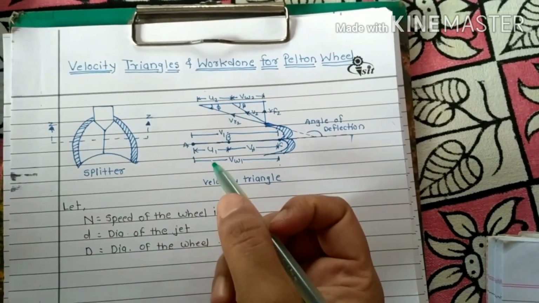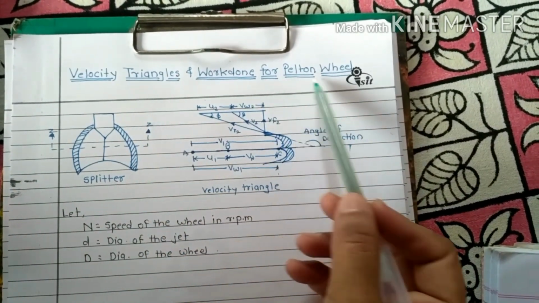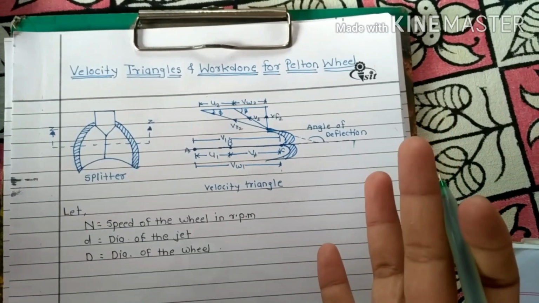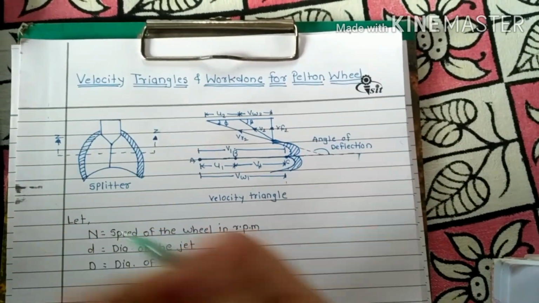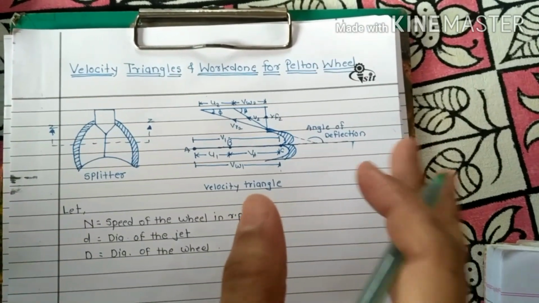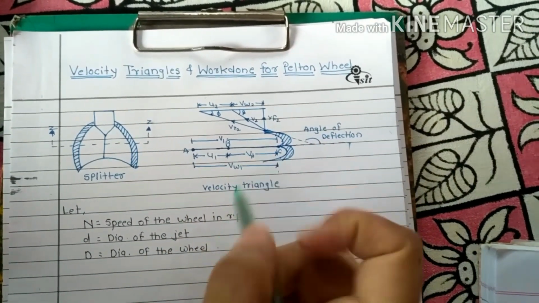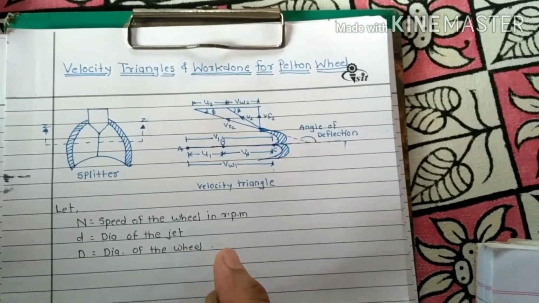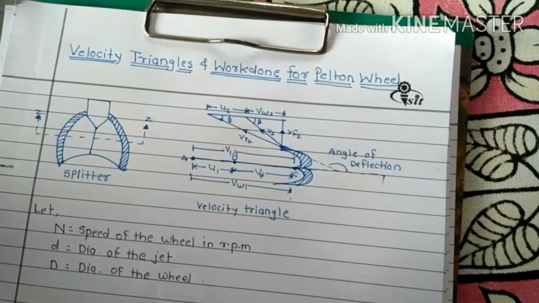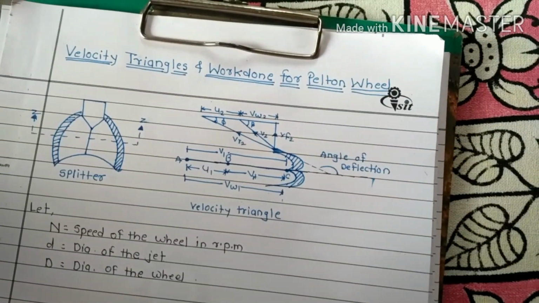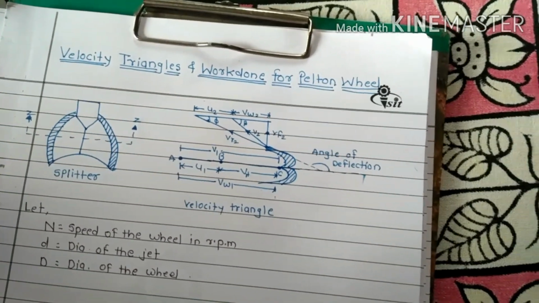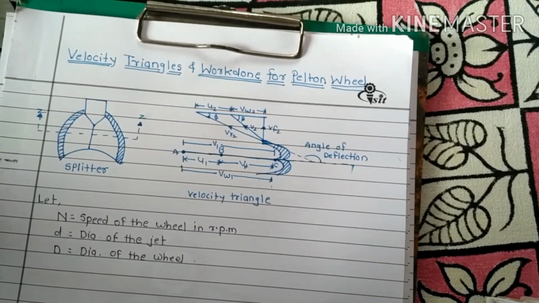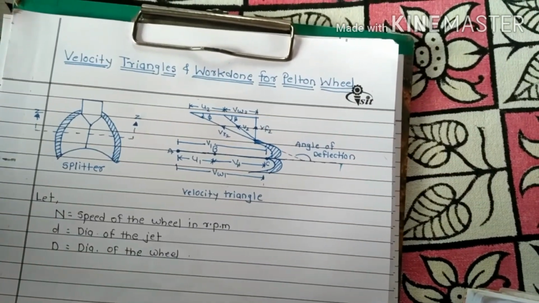Now the next important part that we will study is the velocity triangle and work done for the Pelton wheel. As you know, I have already explained that the only difference between the steam turbine and water turbine is that we have to replace the steam by water. But for the Pelton wheel, there is a big change at the inlet velocity triangle. As I explained earlier, the water strikes the blades at the middle of the bucket, that is at the splitter, which splits up the jet into two parts. These parts of the jet glide over the inner surface and come out at the outer edge.